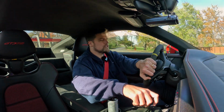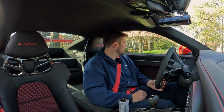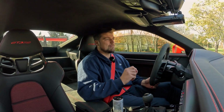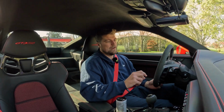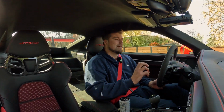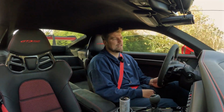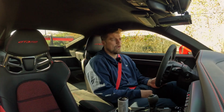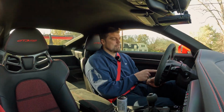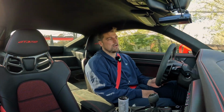Just a couple quick notes too on how the car is set up. I know that this thing has a ton of adjustability in it. I left all the nanny modes on, but in track mode. In track mode on this car, it defaults to ESC in dynamic mode. Given that it was my first day, I just bumped it back to ESC on. I think I was running traction control at 4. And then the PASM and the PTV were both at just the default 0 settings that the car comes